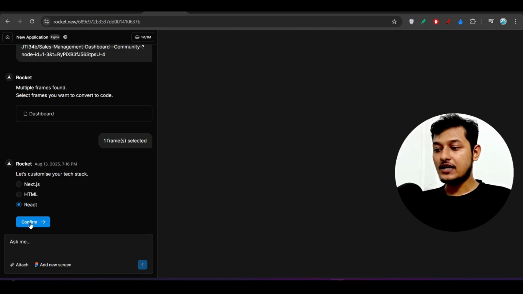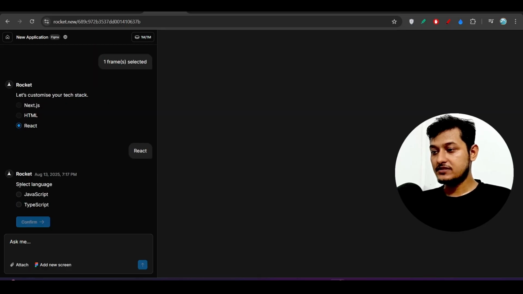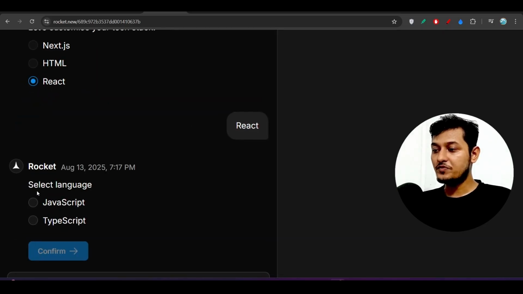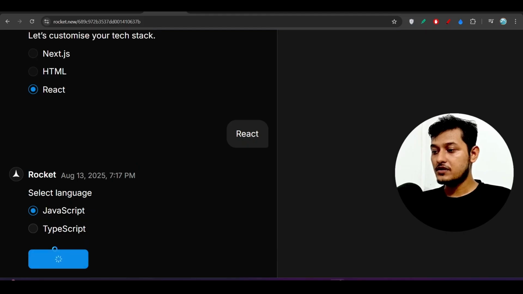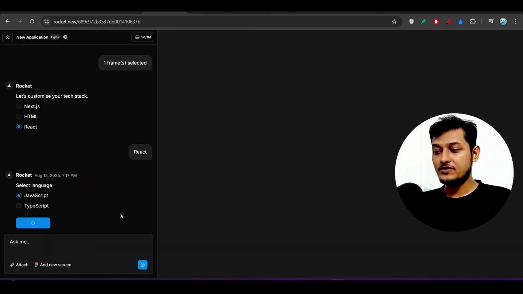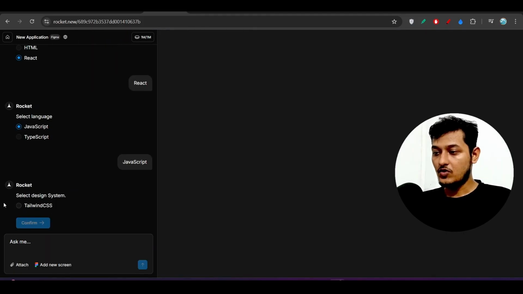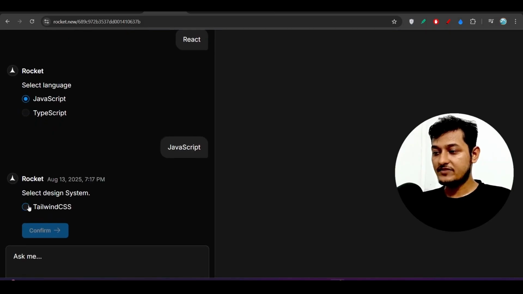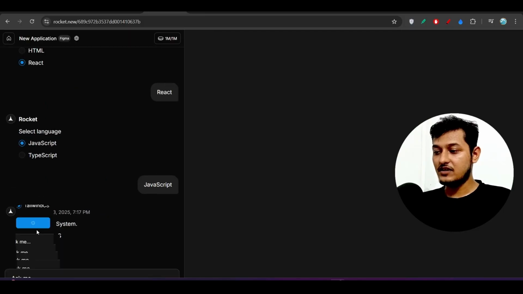Now click on confirm, and after that it will ask you in which language you want to build it, JavaScript or TypeScript. Select JavaScript for now, but if you are familiar with TypeScript then you can select that also. Now I want to select the design system as Tailwind CSS. Click on confirm,